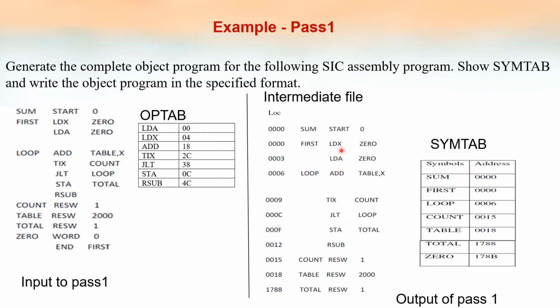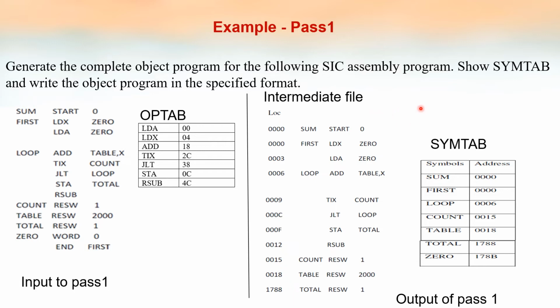See, suppose for example it has seen an opcode like add m. Suppose while checking, it has seen add m, then it will check the optab, and add m is not there. That means it is an invalid opcode, so it has to show the error, invalid. So just validating the opcode is also done in pass1.